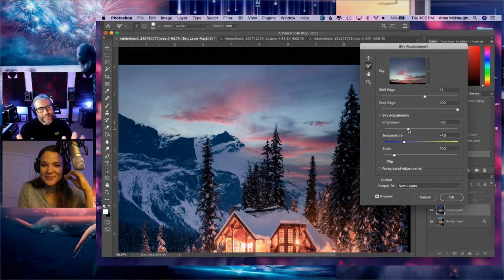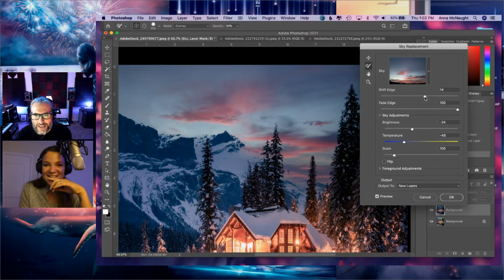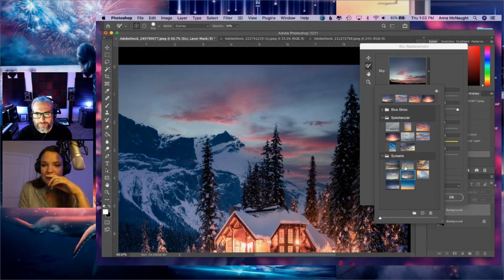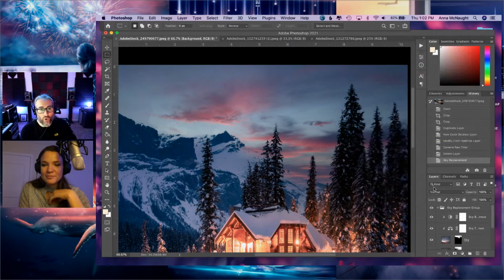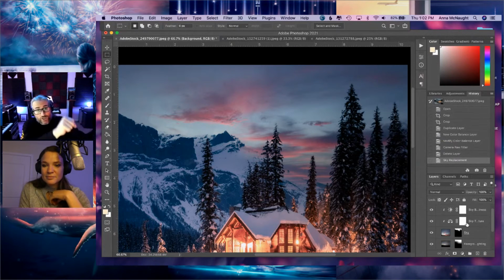So again, just wanted to show that to you. You don't have to use this now, but it's here. And then I think in that same drop down menu, that's where you can also add your own skies. So if you had a particular image or one of those stock images, you can import that. It'll extract, and then you can also move it around.